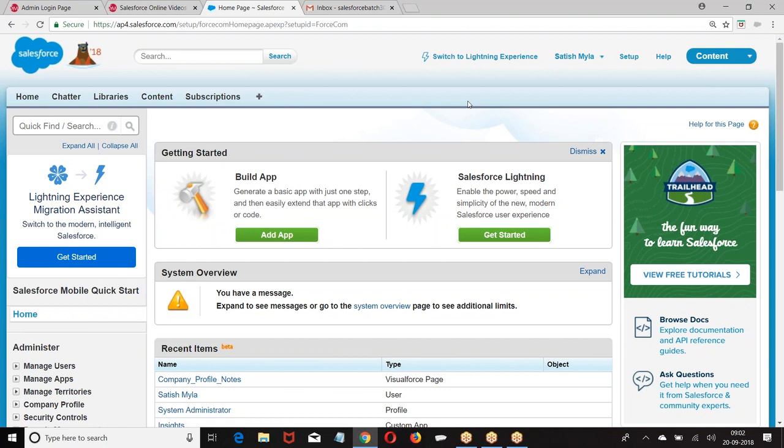Now, if I want to upload any documents, I have some service agreement documents I want to upload. I have some images which I want to upload. I want to create my company symbol as a logo for my application. Right now, what you are getting here is the Salesforce logo. I don't want the Salesforce logo. I want my company logo to be replaced. So first we are supposed to upload the company logo into Salesforce.